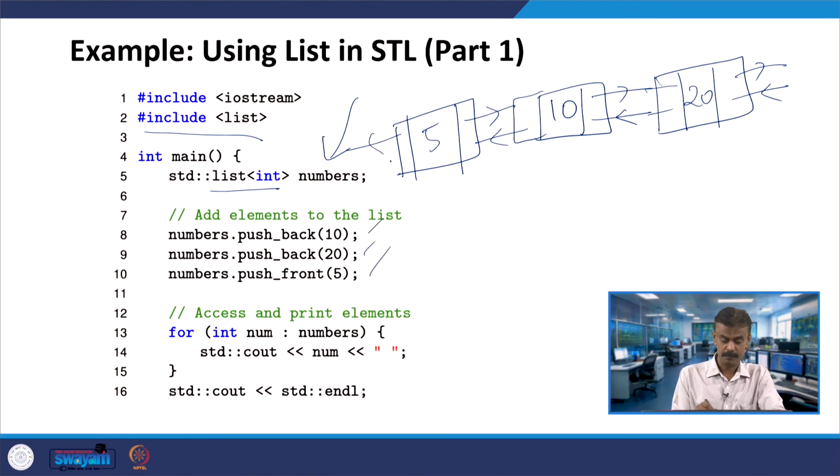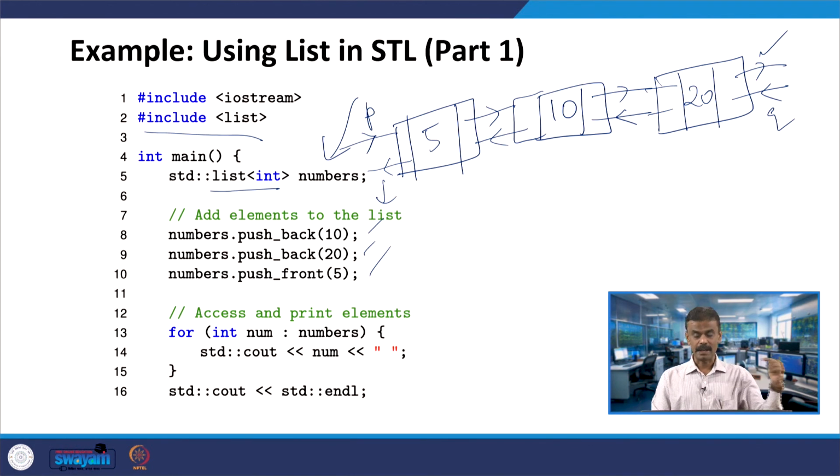Of course, the pointers will go. Right now it is understood that this pointer is pointing to null, and similarly this pointer is pointing to null. Here it may be P and here it may be Q, because one pointer should point to the previous and the other one the other way around. For example, here I put both in the same direction, P is called the right pointer and Q is the left pointer.